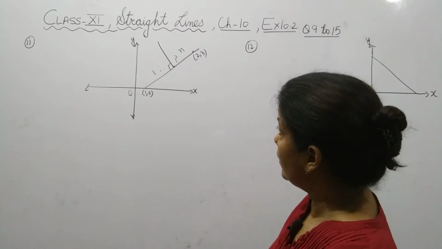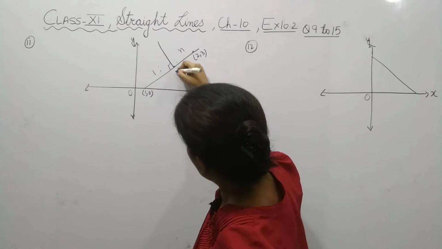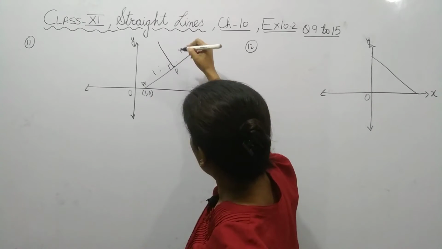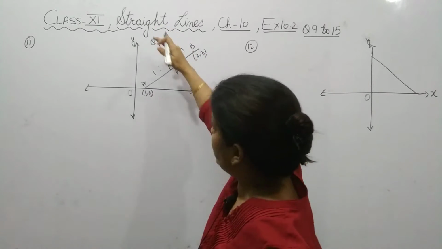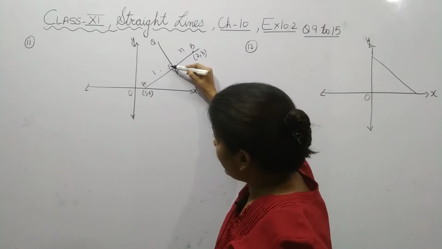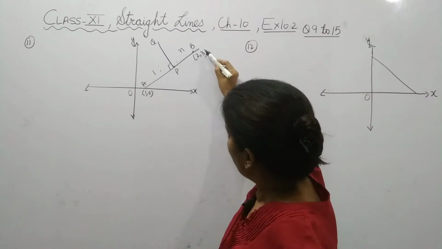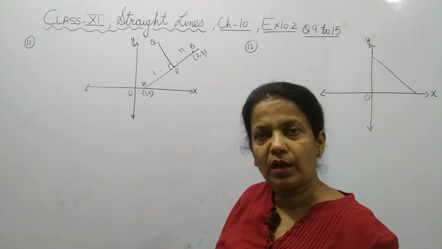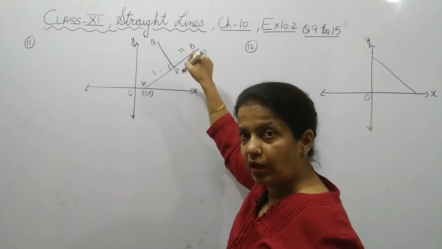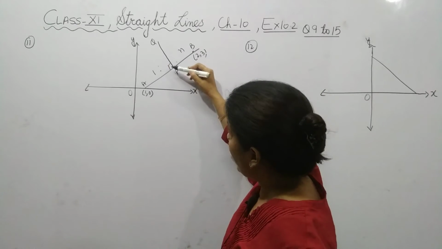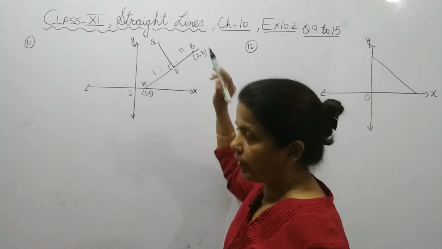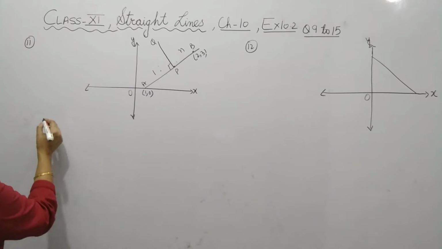Find the equation of the line. This point is P. Let this be A and this be B. We have to find the equation of this line PQ. There are two conditions. This is perpendicular, so from here we can find the slope, then apply the condition m1 m2 equal -1. You will get the slope of the line whose equation we have to find, and then we will find the coordinates of P by this 1:n concept.